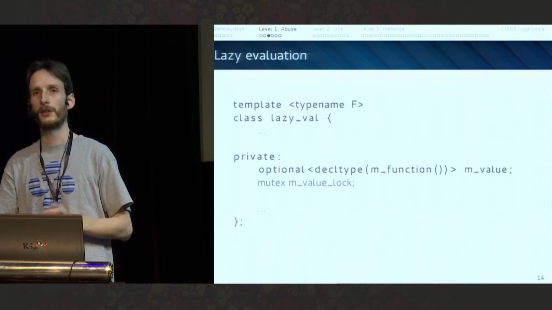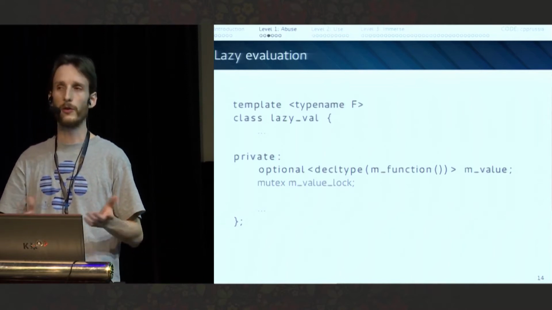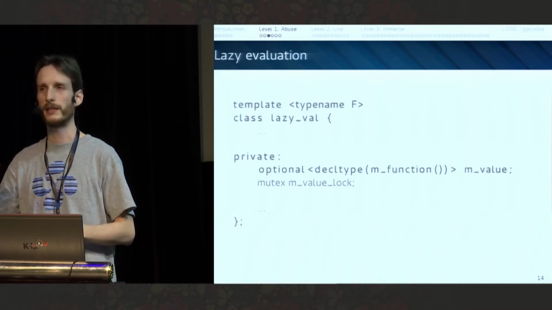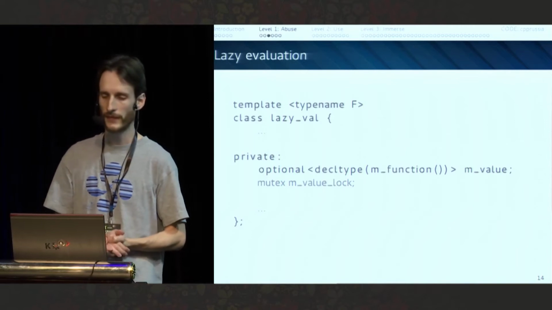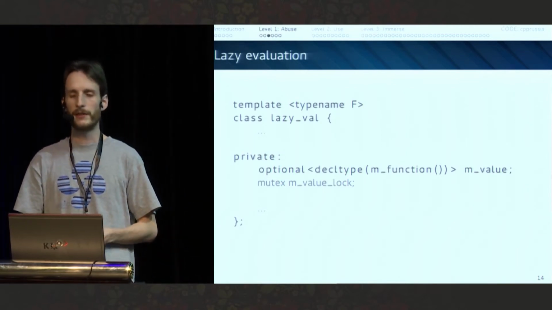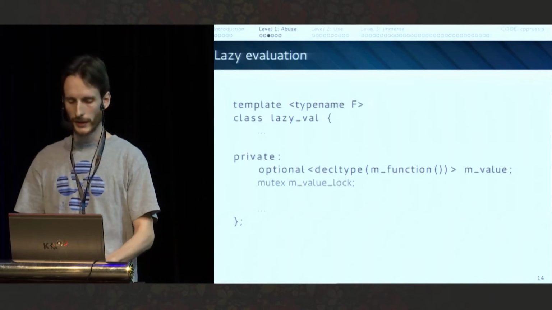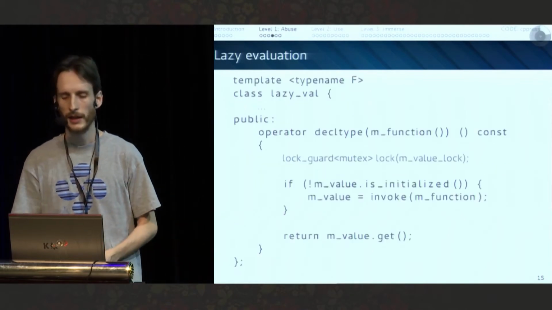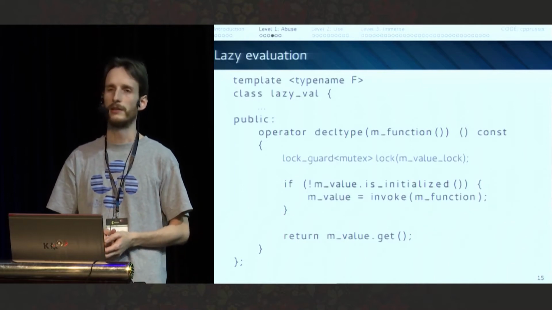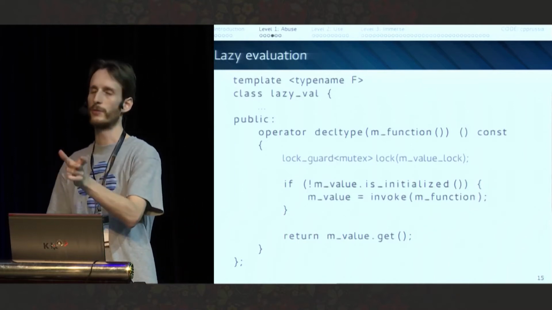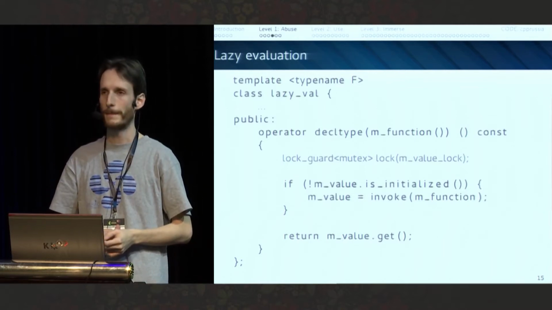The nice thing about optional compared to, for example, a pointer is that optional owns the data, so it automatically disposes of it. You don't need to think about new and deletes and everything else. So here we have created all of the data that we need to store in the lazy_val. The only thing that is left is to declare the cast operator to the type that should be the return type of the function stored in the lazy_val.